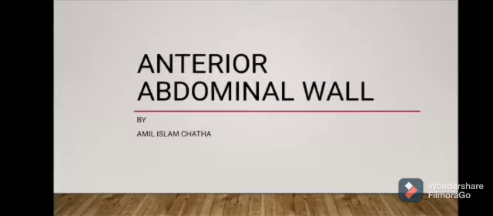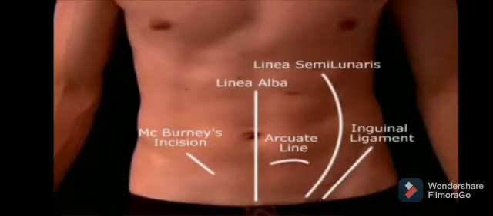So let's begin with the introduction of the anterior abdominal wall. Here are some surface landmarks of the anterior abdominal wall. Abdomen is the area extending from the costal margin. You can follow my pointer. These are the costal margins and the pelvic brim, which means the pelvic inlet. So anteriorly and posteriorly, both between the pelvic inlet and the costal margin, lies the abdomen, and there are certain landmarks which you can appreciate with the naked eye.